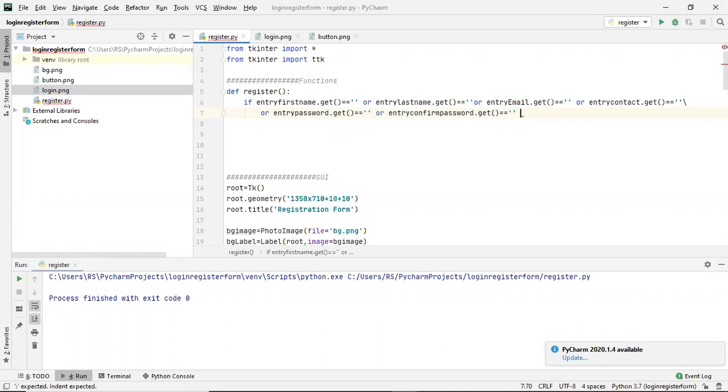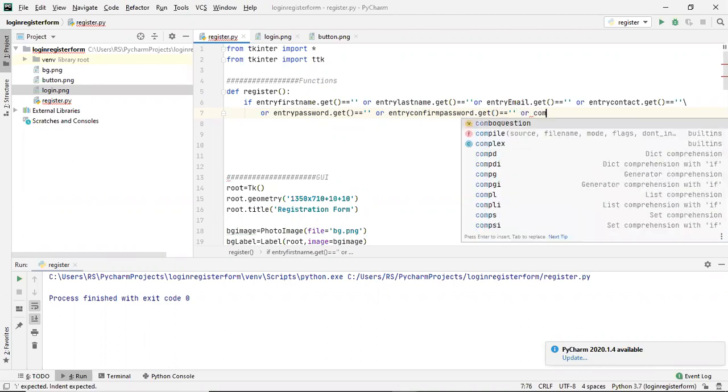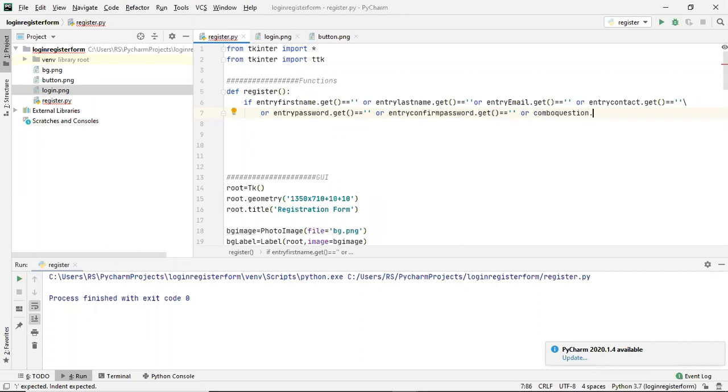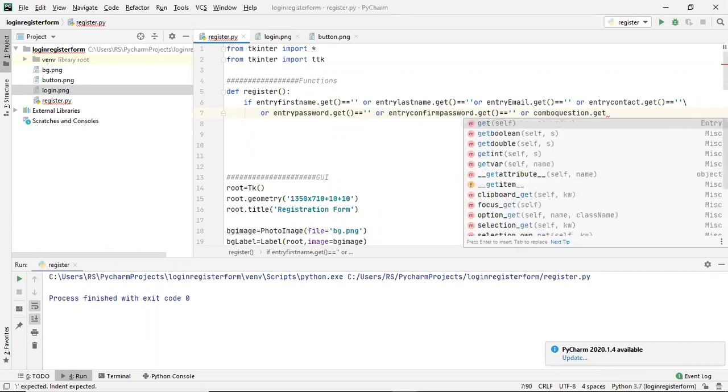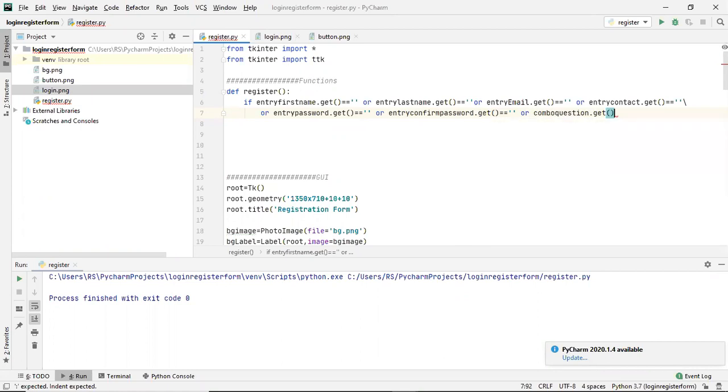or for the combo box. Okay, so this is a combo box dot get equals to select. Okay, means nothing is selected.